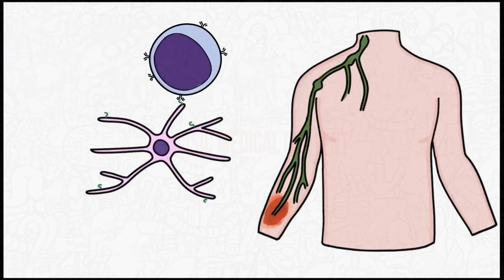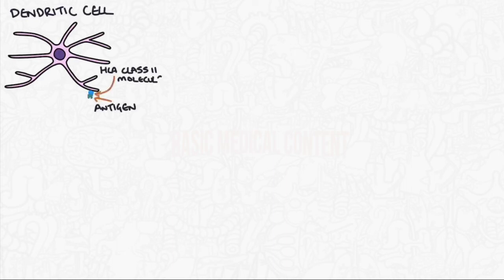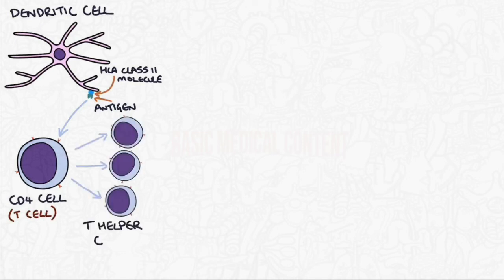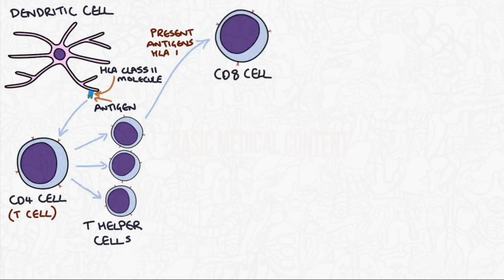So the specific immune response starts with the dendritic cell presenting the antigens on their HLA class II molecules to the CD4 cells. These CD4 cells, which are a type of T cell, then proliferate and become T helper cells. The T helper cells present antigens on their HLA class I molecule that can be recognized by CD8 cells, another type of T cell. They also secrete cytokines that are responsible for making the CD8 cells proliferate and differentiate into